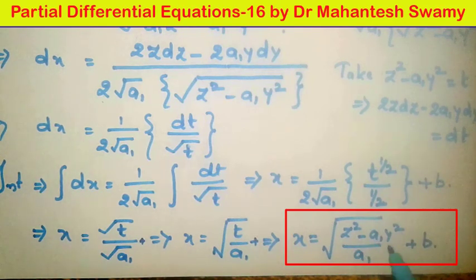So this relation is the final relation. If we rearrange the terms, we can get the value of z here in terms of two arbitrary constants a and b. So therefore this is going to be the required complete integral of the given partial differential equation, which was first order and non-linear, and the method we employed is Charpit's method. So this is how one can use the method so conveniently in order to get the complete integral.